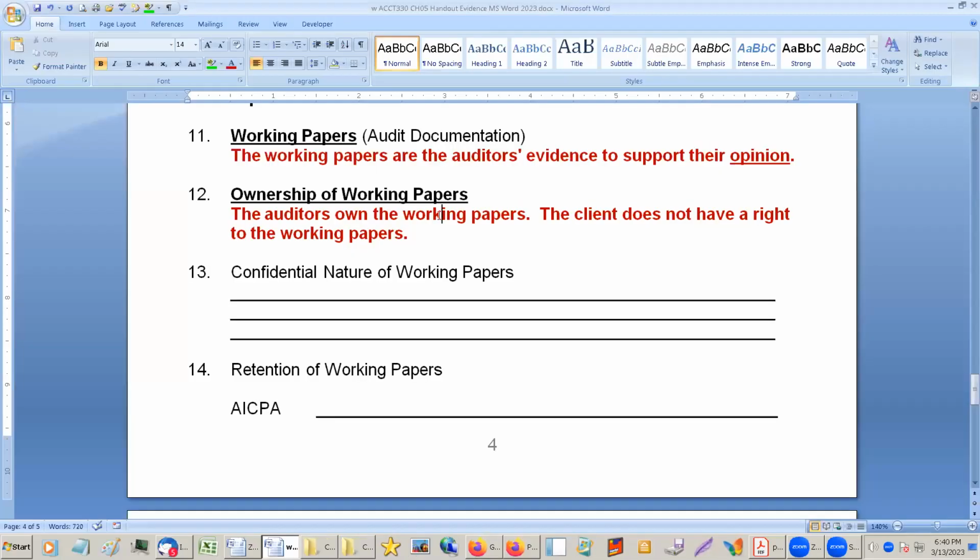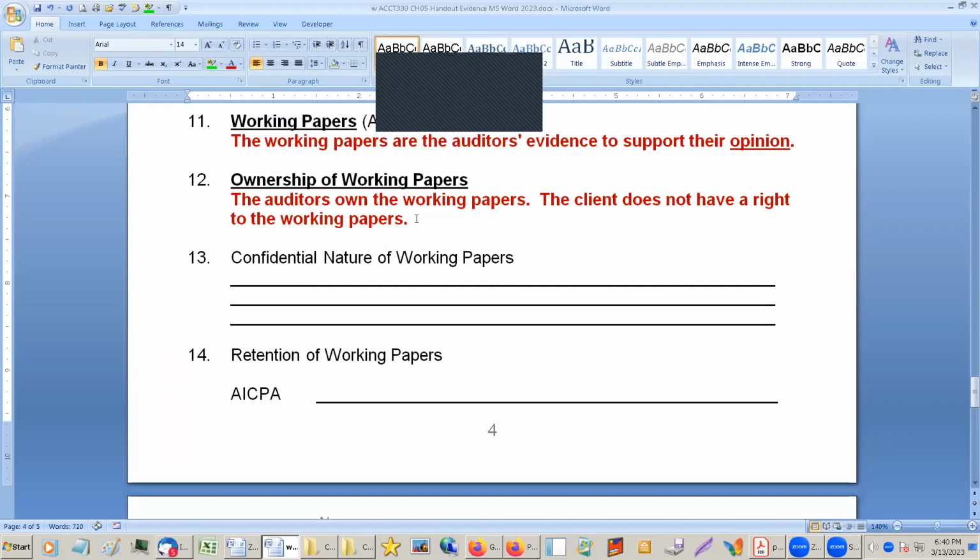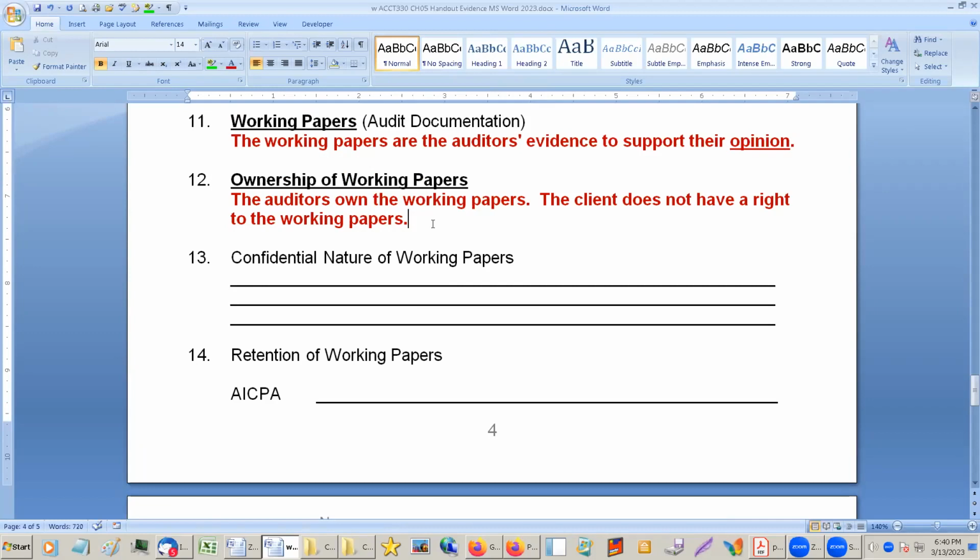You do background checks on people, and there might be things that come up that have nothing to do with someone wanting the information. But you have them in the audit work papers because you might have information on somebody that something happened in the past and that sort of thing. So you don't share those. Now, if there's a problem, you will let the client know what the problem is, how you came up with it and all that kind of stuff, but you're not going to actually share the work papers.